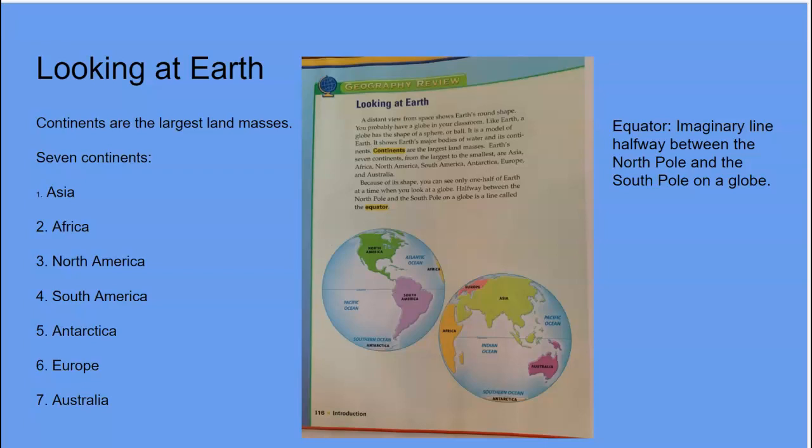So what are continents? And this is pretty important. Whenever you come across a word that's highlighted or bold or underlined, it usually means it's pretty important. So in this case, continents are the largest land masses. So they're giving you the meaning of what the word continents are. Earth's 7 continents, from the largest to the smallest, are Asia, Africa, North America, where we live, South America, Antarctica,